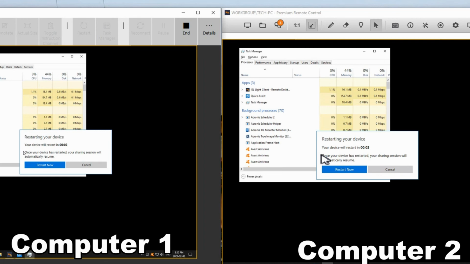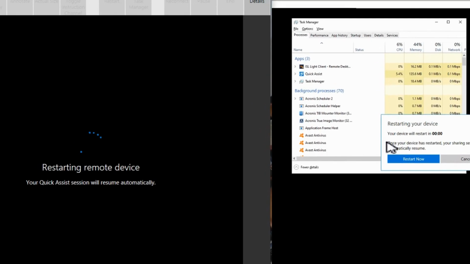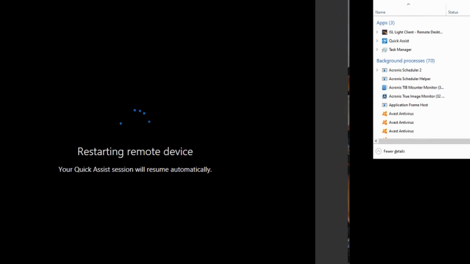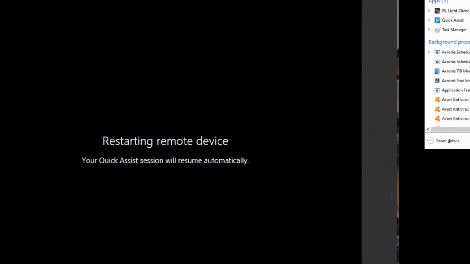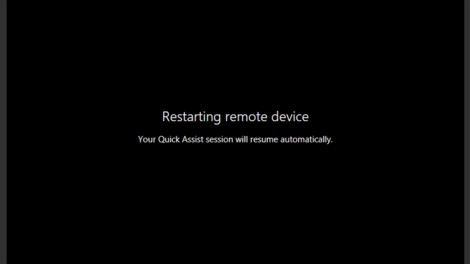So unless they cancel it in time, it's going to restart the computer. So their computer is now restarting, and we see that there's a note saying that it is restarting, and it will resume the connection automatically once it's been restarted, which is really convenient, so you don't have to deal with trying to get another code again.